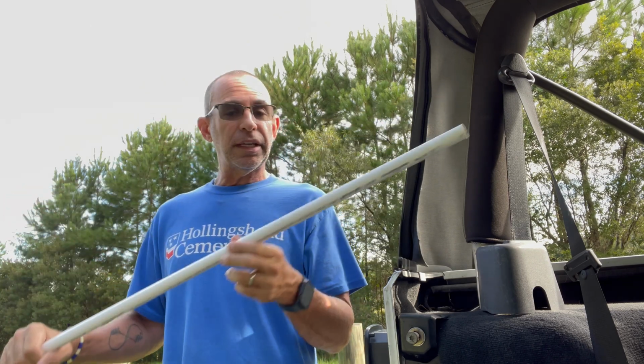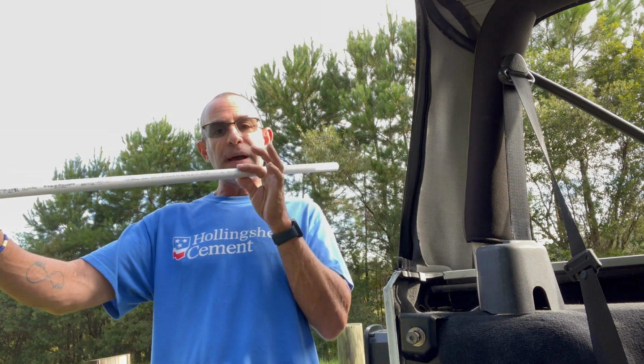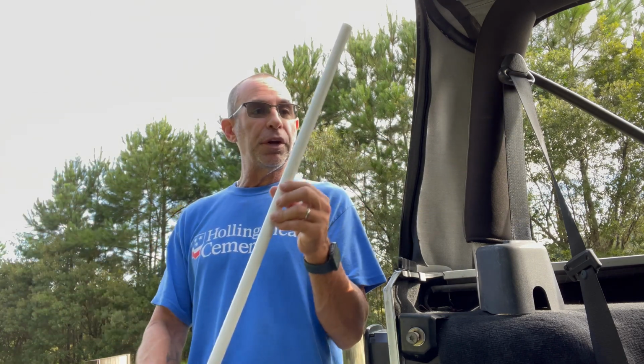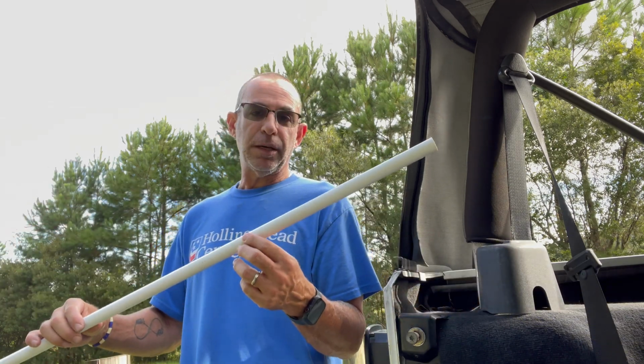and I'll set the camera up so you can see how I put it together, but you actually put one end on proper and one end toward the back of the bar, and then get your arch and slide it forward. I'll show you that. I ended up being at 45 inches for this pipe. So let me see if I can get the camera set up, and I'll show you guys how I put it in. So put your